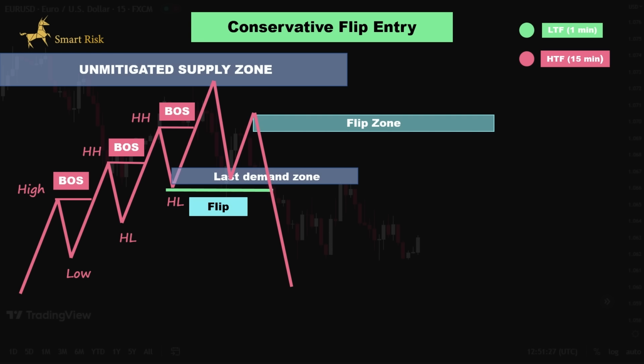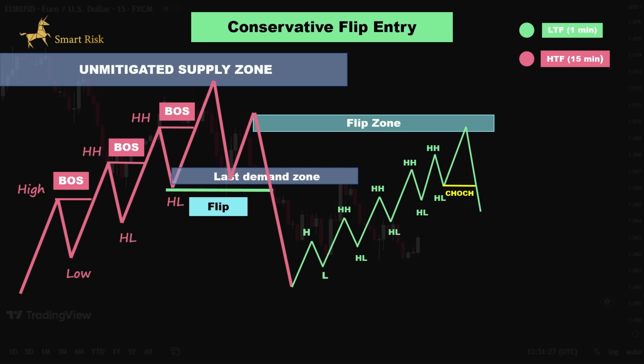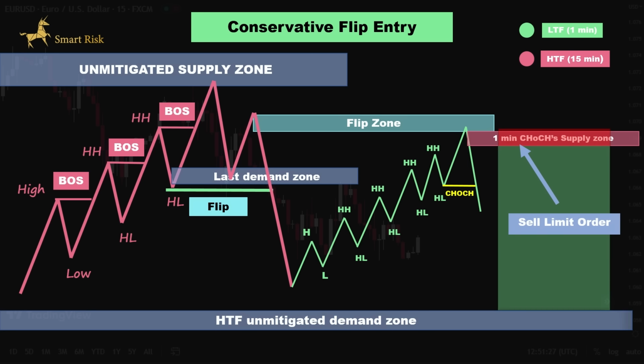Then, we should zoom into the lower time frame. Wait for price to return to the flip zone and show us a major change of character. After creating a valid change of character, next we should highlight the order block created by Chalk's wave on the lower time frame. In the following, we should place our sell limit order at the lowest point of the zone,